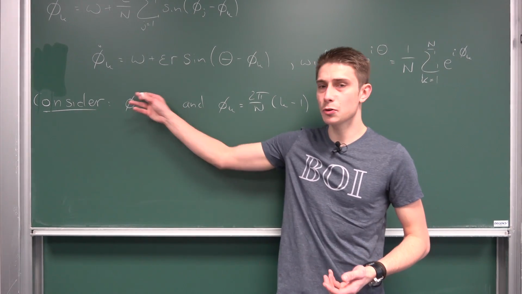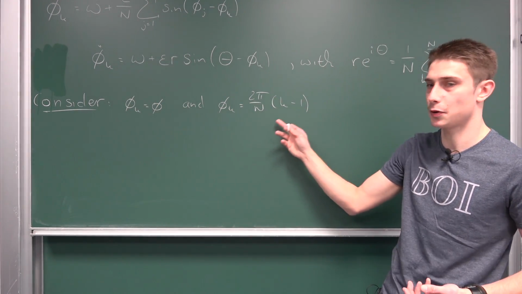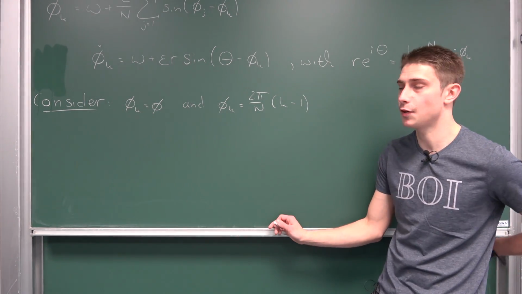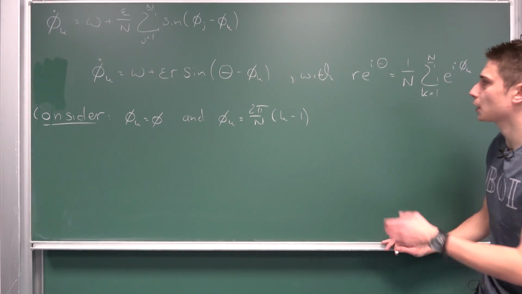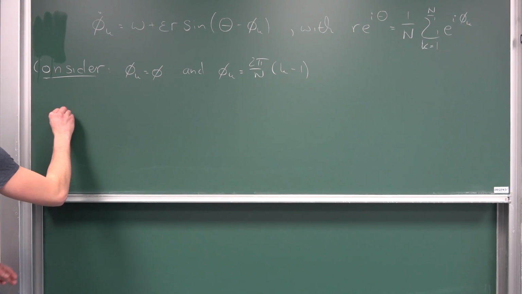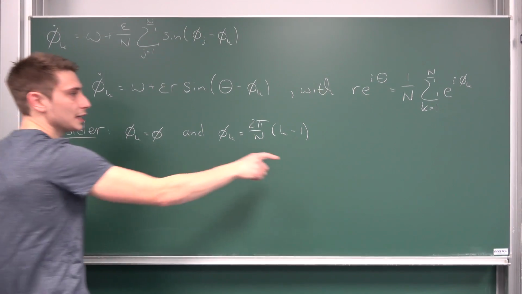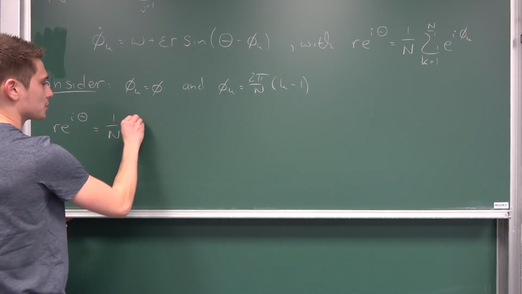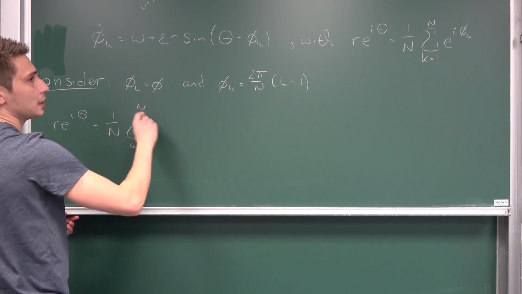So we're going to set our phases phi k equal to some other phases, this periodic one right here, and this simple phase you could say, phi. We're going to start off with this case right here, and for this I would like to plug it in here at first and see what we get. R times e to the i theta would be in this case, if we let phi k be equal to just phi, nothing but 1 over N times the sum running from k equals 1 to capital N of